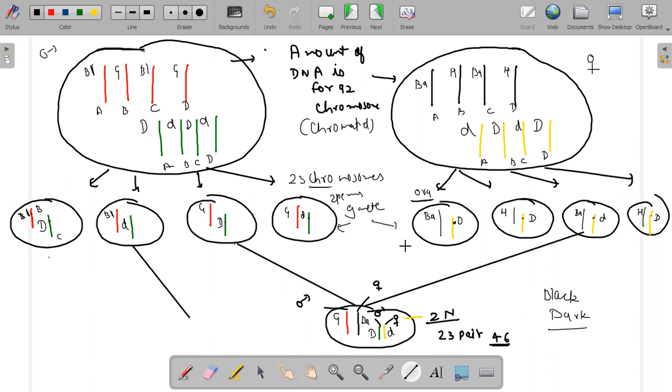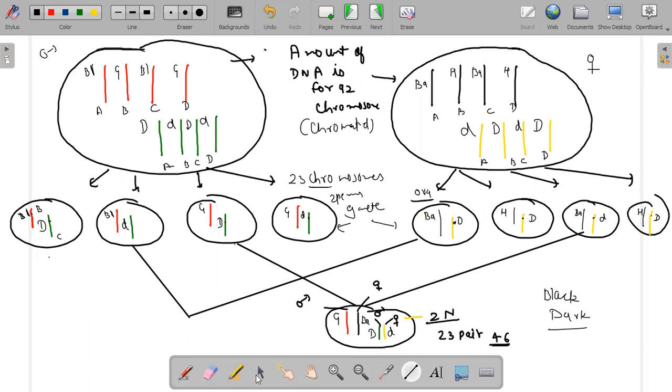The gametes can fuse in a random manner. This one can fuse with this. So there can be random fusions, and there will be so many children, and all these children will look different. But sometimes they are getting alleles from their parents and look like their parents, and they can be different from their parents.